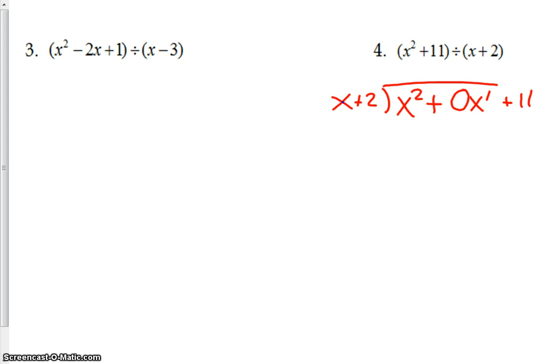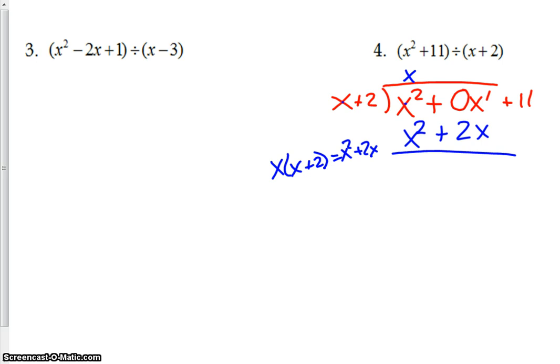Okay, so now we can solve this better. Well, what do you multiply this x by to get x squared? And the answer is x. So again, off to the side, I'm taking x times x plus 2. I get x squared plus 2x. All right, that's what I'm going to write here, x squared plus 2x. Next part of this is I have to subtract both things. So I change this both into subtraction. So what I get for an answer here would be negative 2x to the first. I'm just going to write it as negative 2x. Bring down here my